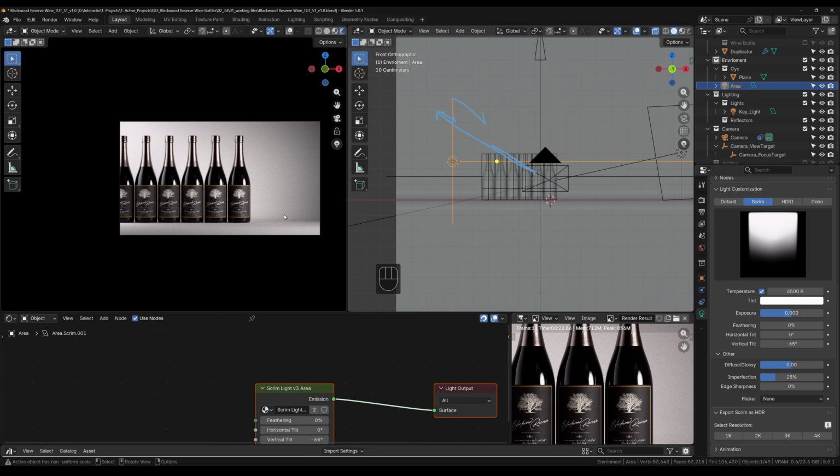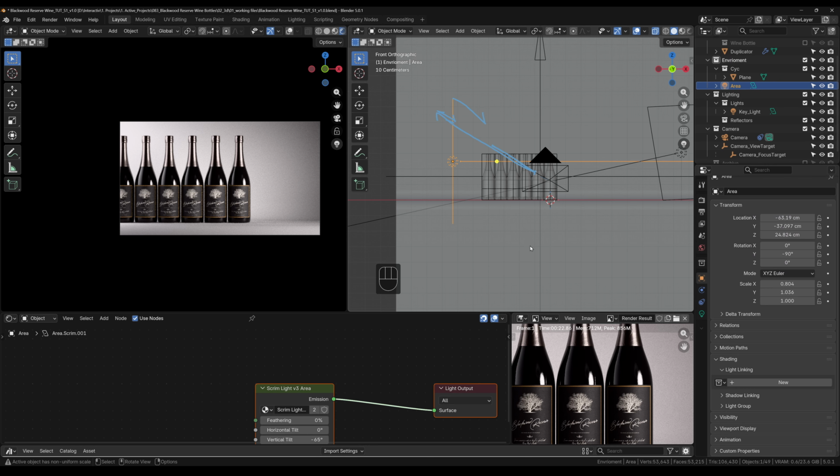Now, the issue I had here is I wanted to keep the mood of this scene. So this is where light linking comes in. Now, the first mistake a lot of people make with light linking is they do tons of lights. So I want you to try to keep light linking simple, where you only use 1 or 2 lights in scenes with light linking. You try to keep the lights as balanced as possible with the same temperatures, the same strength and intensity, the same quality of light, which quality of light is just basically how harsh and direct the light is,